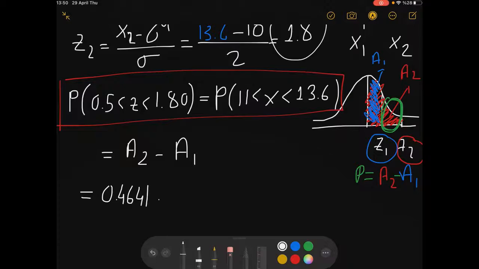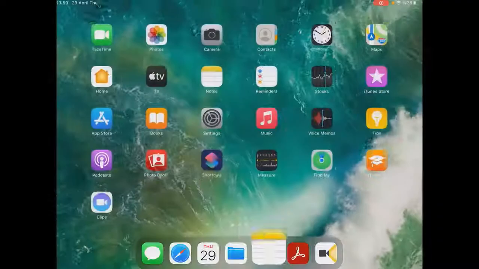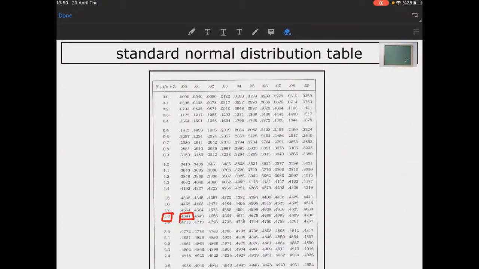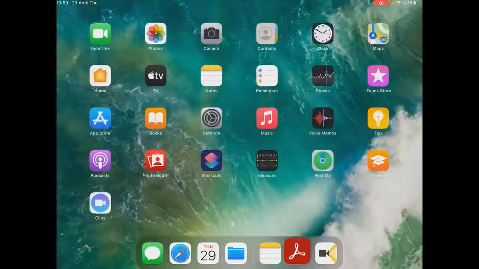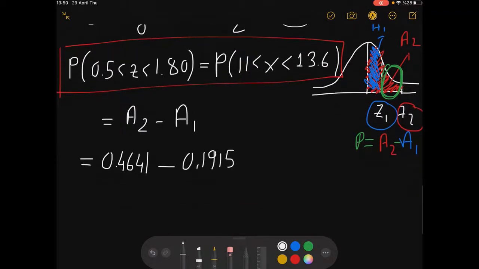Minus 0.5, which is this one. Okay, here I found it. It is 0.1915. 0.1915, and our result will be